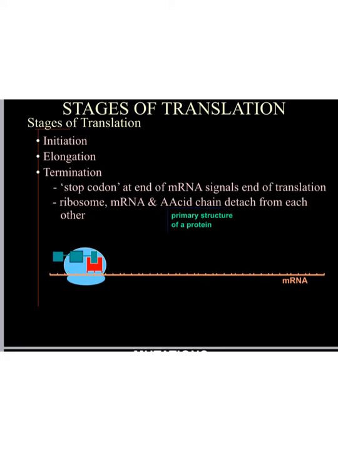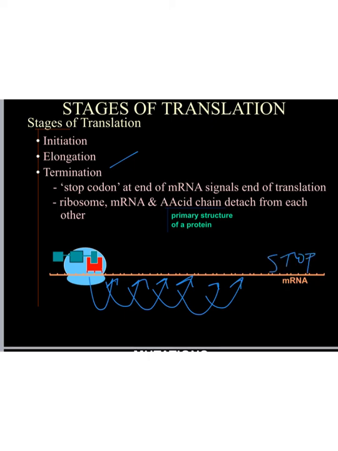The last phase of translation is termination. So remember, this ribosome is going to translocate down this mRNA, reading three letters at a time, until it comes to the stop codon at the end of the transcript. That's the end of the mRNA and signals that translation is done. So what happens is, when we reach that stop codon, the ribosome, the mRNA, and the growing peptide chain, or amino acid chain,